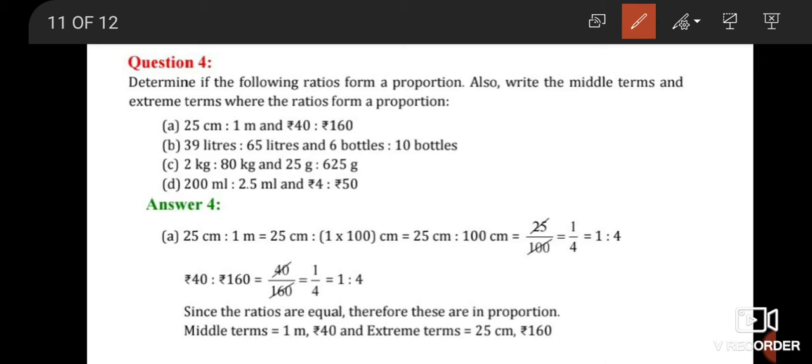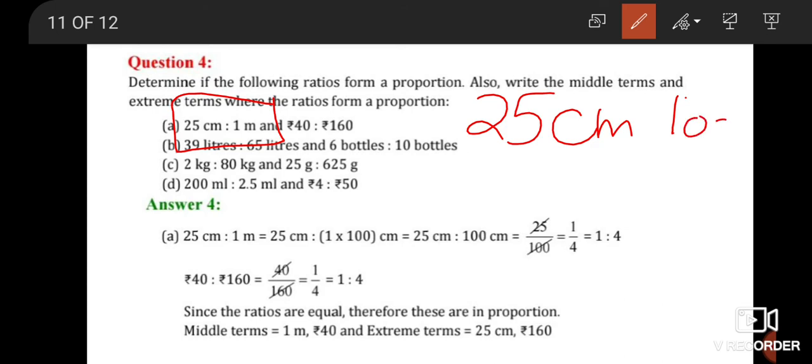So one thing you have to keep in your mind that you cannot operate any two number if they are not in same unit. You cannot operate two quantities if they are not in same unit. Okay, so here you can see 25 centimeter and 1 meter. 25 is in centimeter and 1 is in meter. So first of all we have to change meter into centimeter. So you will write 25 centimeter and 1 meter. 1 meter को आप क्या लिखेंगे? 100 centimeter. Is it or not? Of course 1 meter equal to 100 centimeter.